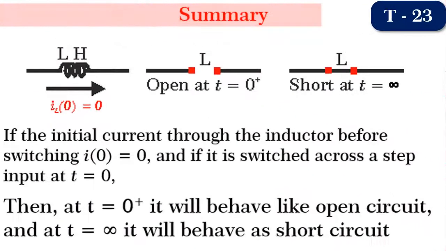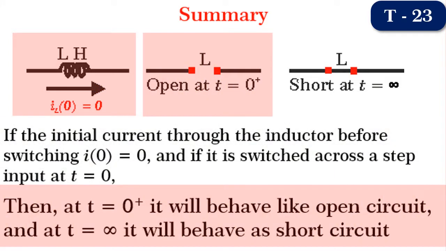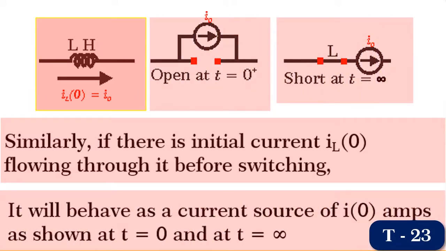Friends, let me summarize what we have learned till now. If the initial current through the inductance before switching I naught is equal to 0, and if it is switched across a step input at t equal to 0, at t equal to 0+, it will behave as open circuit, and at t equal to infinity, it will behave as a short circuit. Similarly, if the initial current through the inductance before switching is I naught and is present, then at t equal to 0+ and at t equal to infinity, it will behave as a current source of I naught